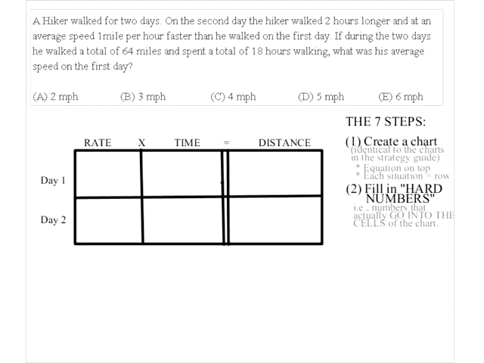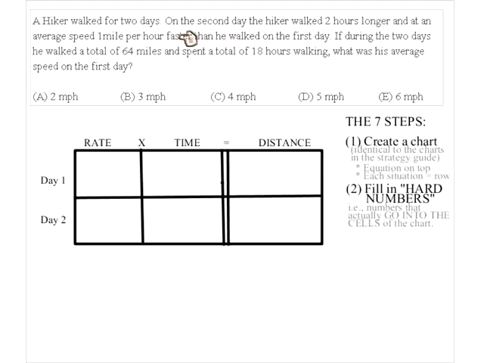So we got to be careful here because a lot of the numbers given to you in the problem do not go into the cells of the chart. For instance, this number, 1 mile per hour, does that go into any of these boxes, yes or no? Smiley face if it does, other face if it doesn't. Does this 1 mile per hour actually go into any of these boxes? It doesn't. So this is not a hard number. This is a relationship between these times. We'll get into that in a second.